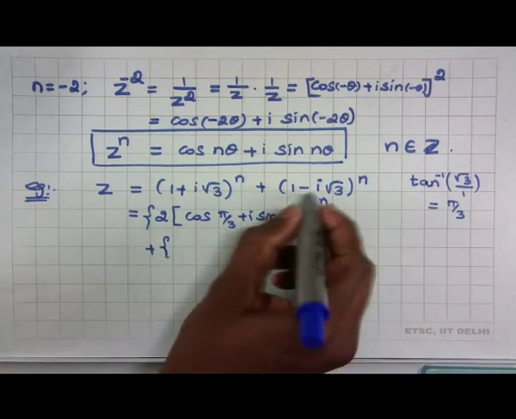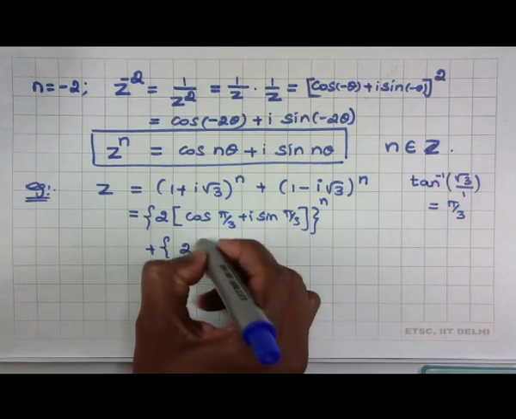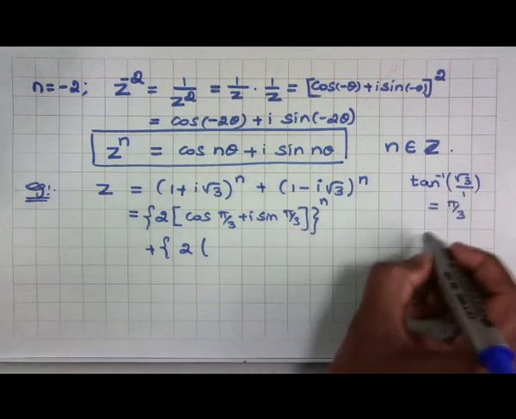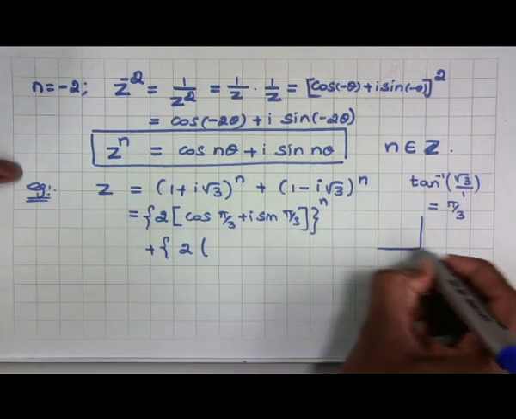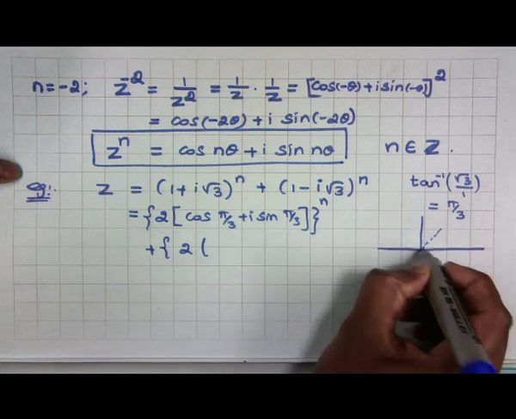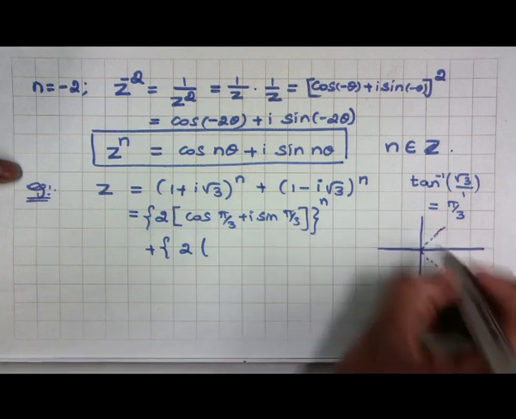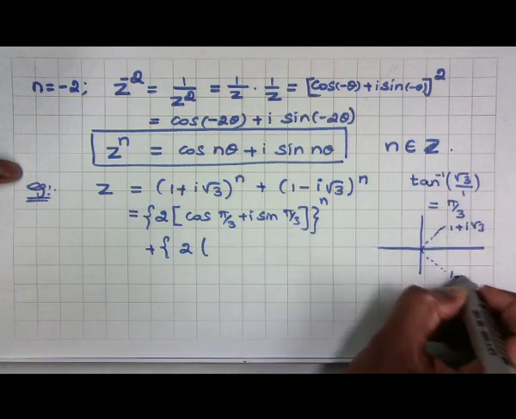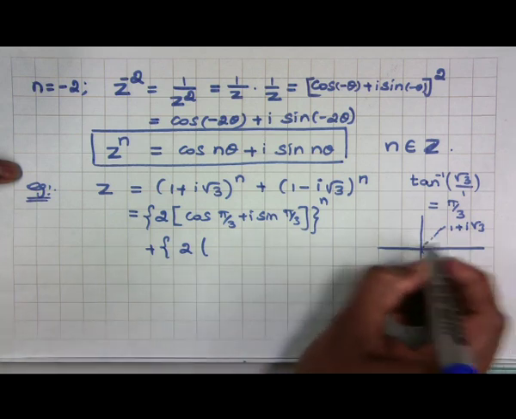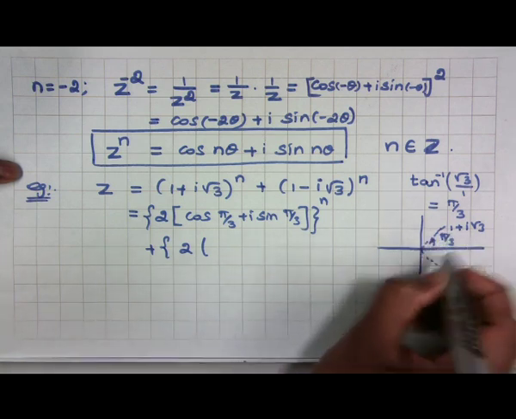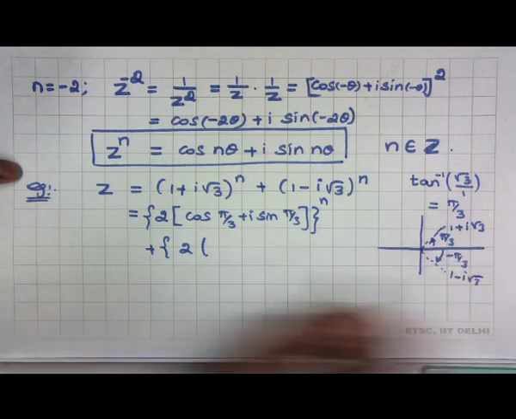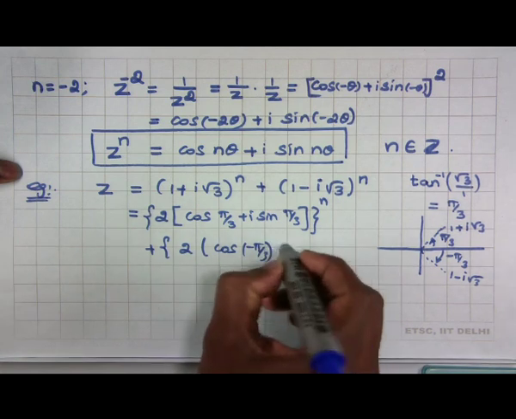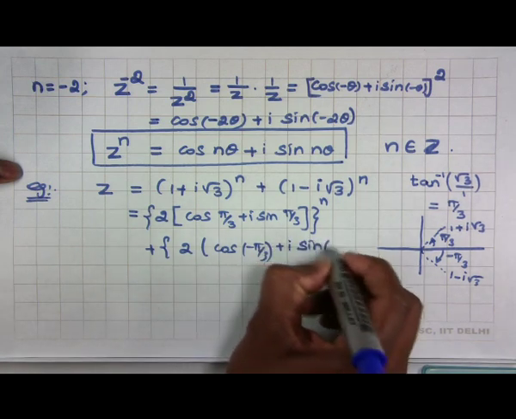So, again the modulus is the same, which is 2, and the angle, if you observe, is just in the anti-clockwise direction. It is just the mirror image, that is a conjugation. So, it is 1 plus i root 3 and this is 1 minus i root 3. If this is pi by 3, then this angle is minus pi by 3. So, this is cos minus pi by 3 plus i sin minus pi by 3